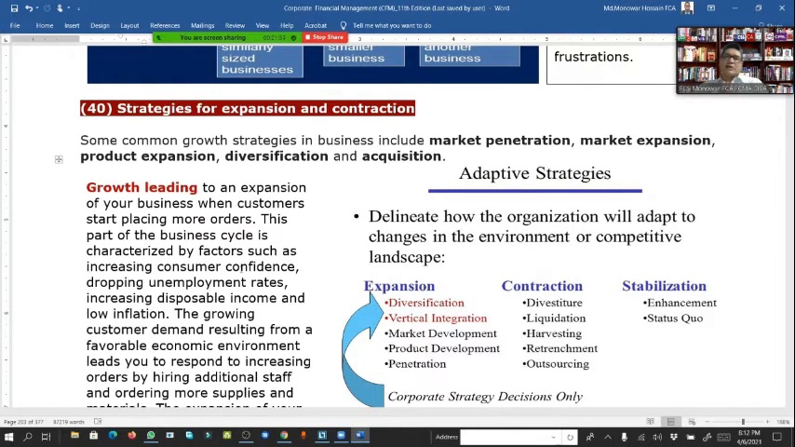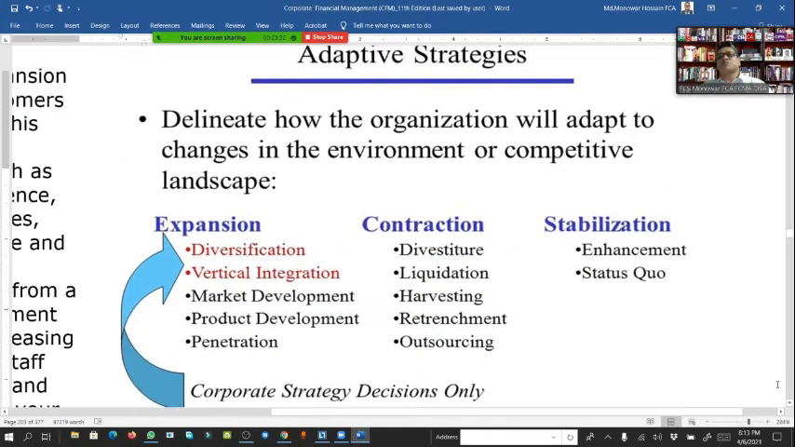The main thing is that every company needs a good distribution channel. Here, the adaptive strategy decides how the organization will adapt to change in the environment and competitive landscape. For example, any manufacturing company has product diversification, and it needs a good distribution channel and needs to retain its customers. Whether a company is service-oriented or manufacturing, it requires customers, and it needs to retain customers for the long term. If a company provides a good product or good service, it can retain its customers. So we can say that expansion can happen this way: